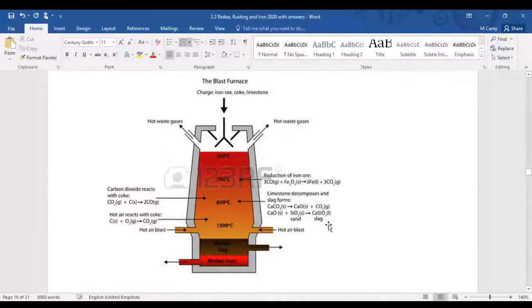If you look at the diagram of the blast furnace, you'll see that at the bottom you get molten slag. That means it's a liquid, because of the temperatures involved. Molten slag is less dense than the iron, so it actually floats on top of it. You get molten iron, and then you just tap them out at different points. So those are the 2 products produced. Now we're going to look at how